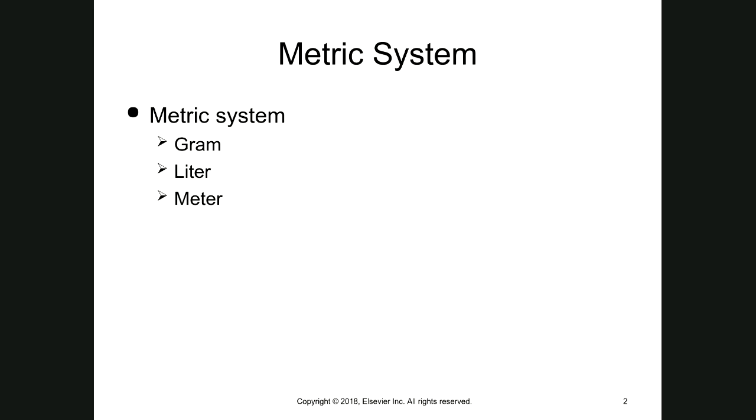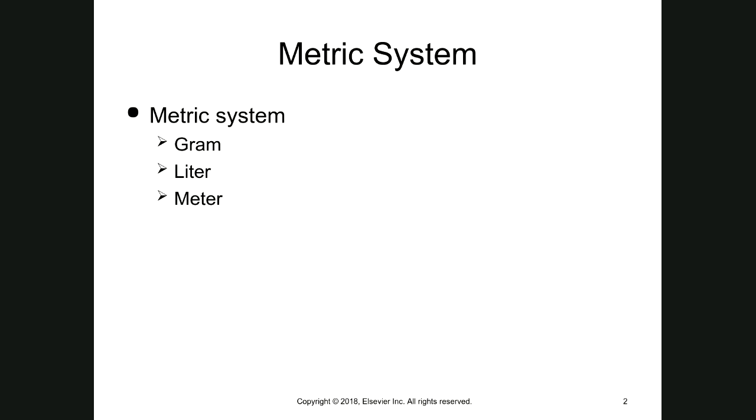Calculating the correct dosages and knowing how to convert from one unit to another is essential because that is the basis of drug calculations. There are two systems, the metric and the household. It's really gotten to where we're more metric, even in the household. The metric system is a decimal system based on the power of 10, so keep that in mind. The basis of measurement used in dose calculations includes the gram for weight,